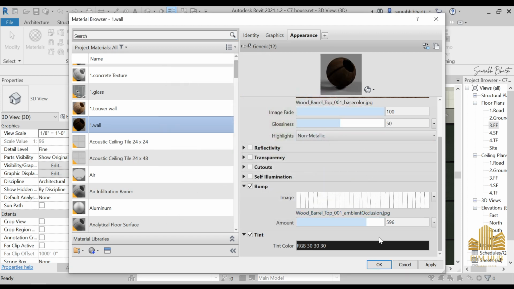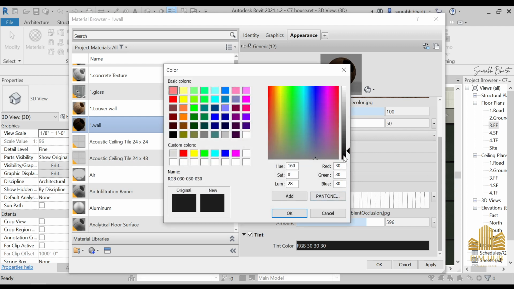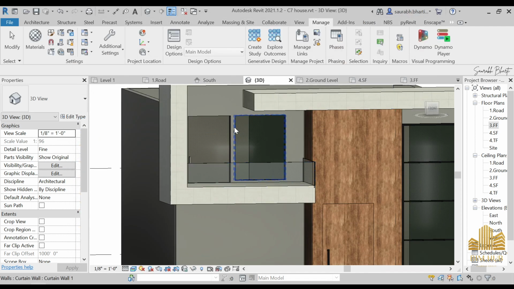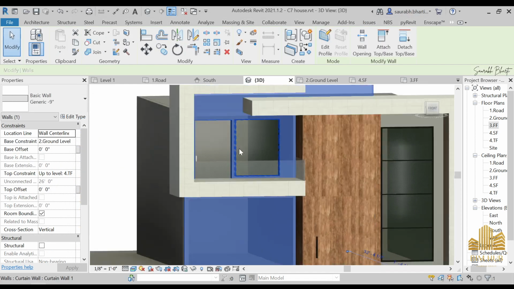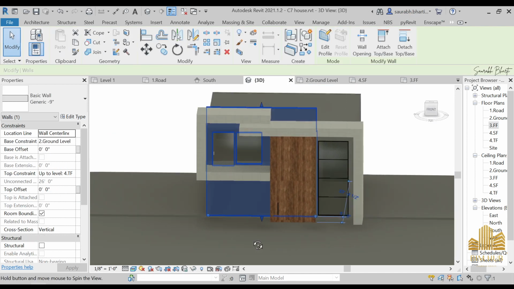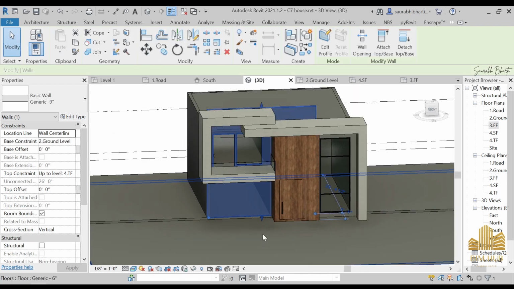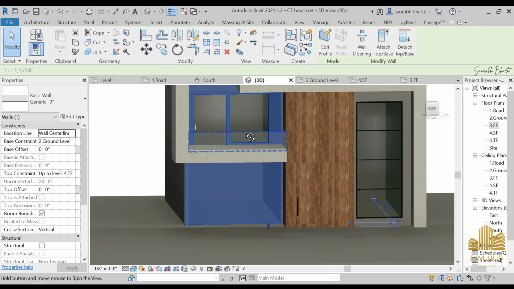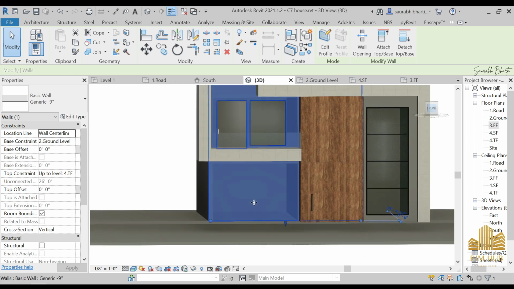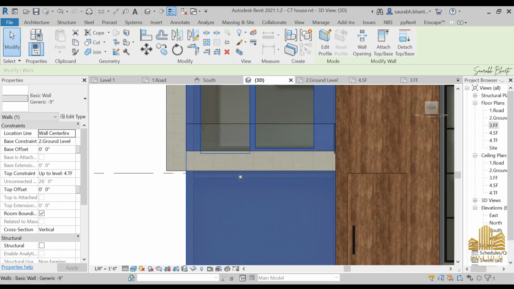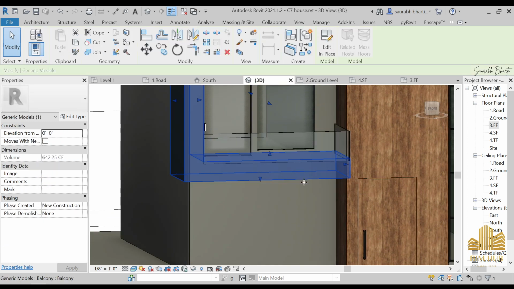Okay, this is fine, I think. Okay, apply it, and now what else we have to do is... Okay, I have made this as a single wall. Now actually we have to make it as different walls from here to the top side, and before that